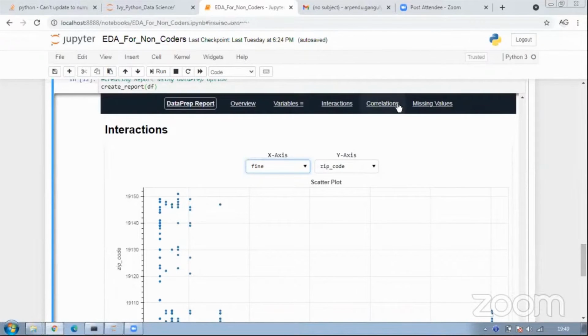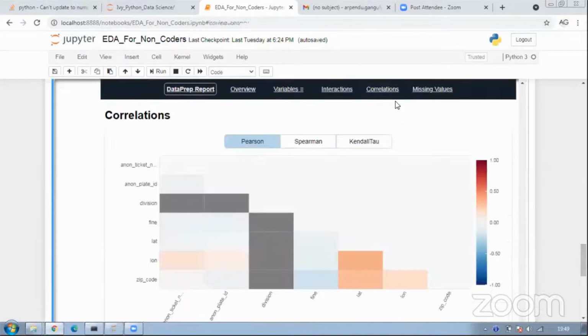Other thing that we want to check is obviously correlations, right? Correlations is something which we always want to check. So this is again a very important part of an EDA. Whenever we want to do any kind of analysis, be it in R, be it in Python, be it in Tableau, Power BI, we always are eager to see correlations between the variables. And one of the important ways to see it is using the heat map. So basically, how do we read it? Correlation always ranges from -1 to 1, right?